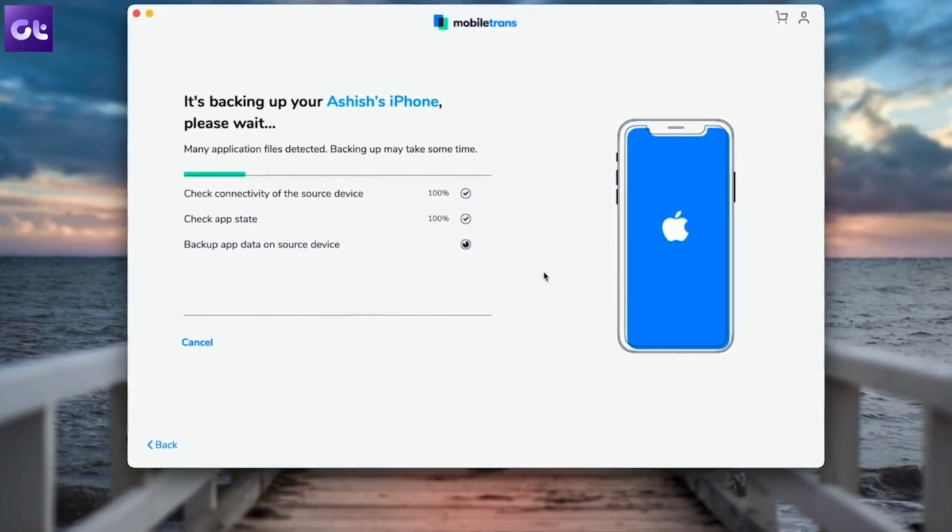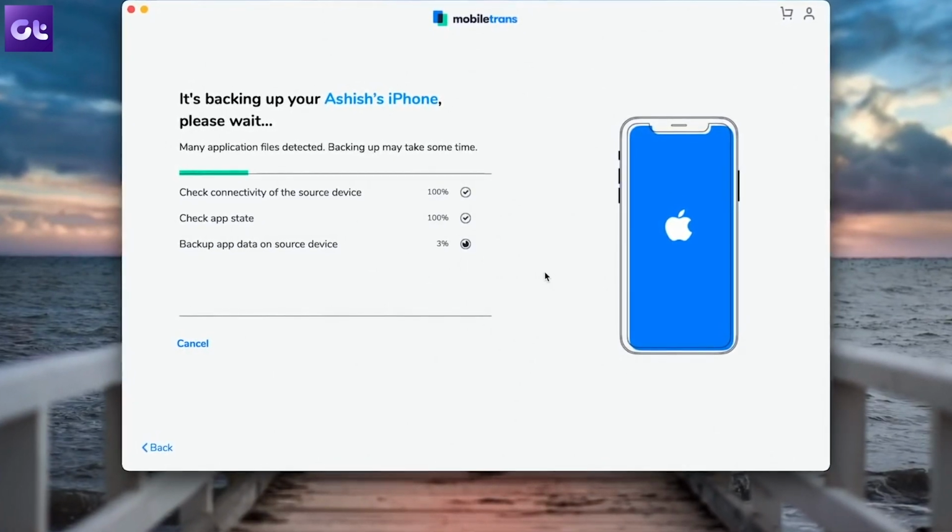I mean, all your data is seamlessly transferred from your Android to your iOS or from your iOS to your Android device, just offline. No data is being uploaded to any cloud server whatsoever. So yeah, that basically means that even your WhatsApp data is protected, your privacy is ensured, and that is a very, very big factor, especially in these times.